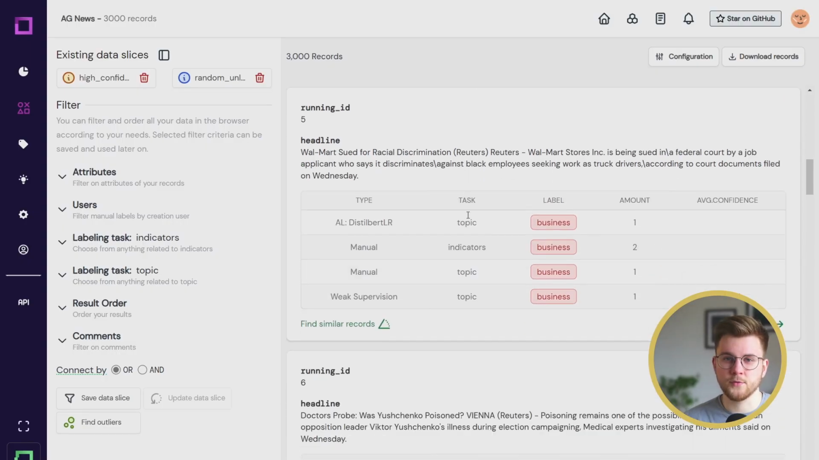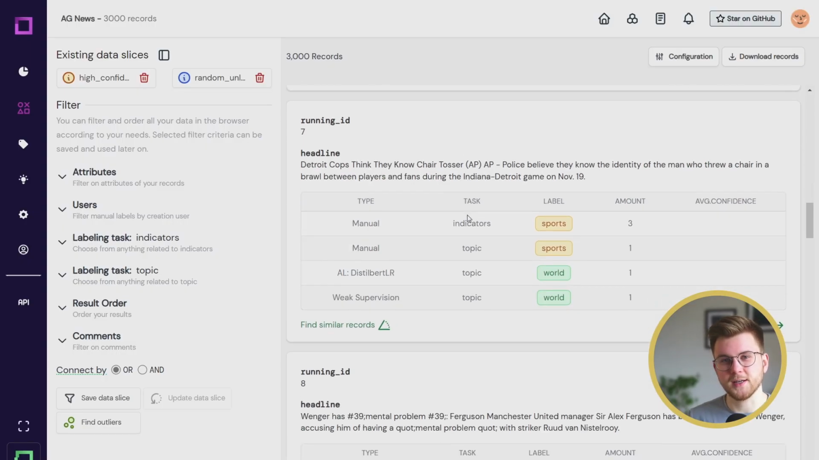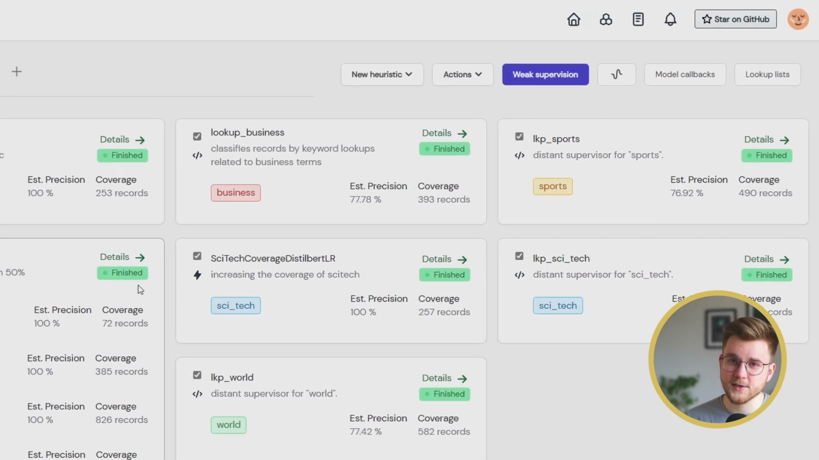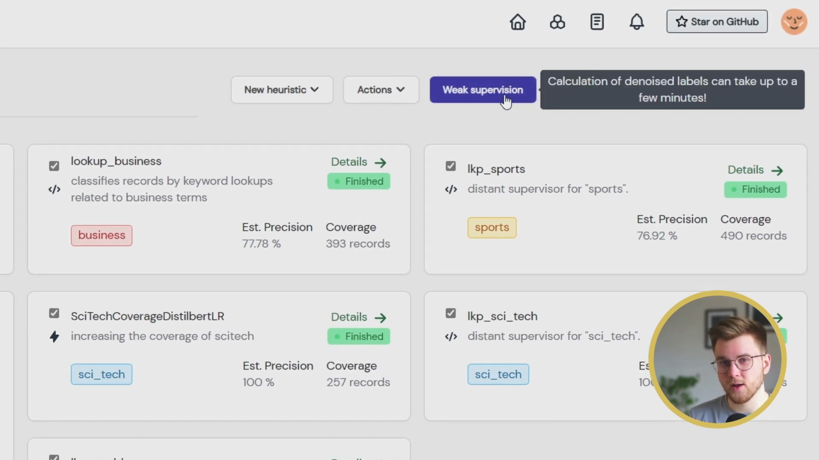Here I am in Refinery with a project containing news articles. The project already contains some heuristics as well to quickly and effectively get labels. We already have some simple but really powerful labeling functions, an active learner, as well as a pre-trained transformer model for zero-shot. To combine all these sources into one label, we can hit this button up here to start the